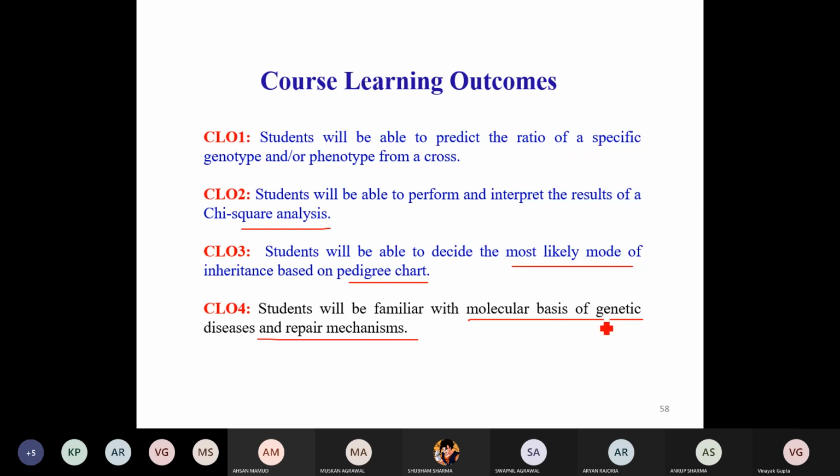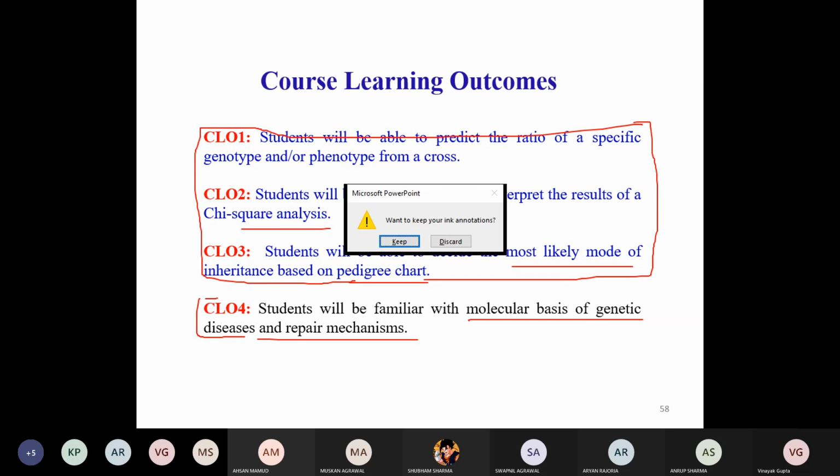Some of the genetic diseases are part of your assignment, which is given to you. One genetic disorder I have discussed is sickle cell anemia. Several times, generally, I cite the example of sickle cell anemia. We have discussed the mechanism, right? And some of the genetic disorders, like CLO4, will be taken care of by Dr. Deepa, your next faculty. So tomorrow onwards, you will see a new faculty in the course. Okay, I have completed all these 3 parts from my side. I hope you have learned that and you are able to do these 3. If you have any doubt, you are most welcome to ask.